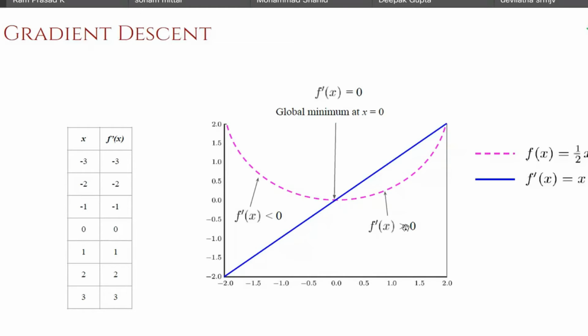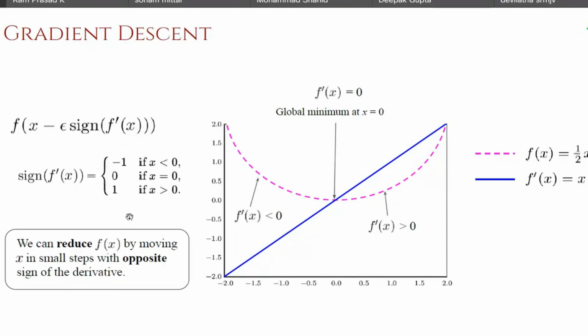Say, for example, you randomly picked a point and it happened to be a positive slope. If it was 1.0, then it would give a positive slope. A positive slope means if you increase x, output will increase. If you decrease x, output will decrease. So here, if you have a positive slope, you keep on decreasing until your first derivative becomes 0 and you hit the optimal value, which minimizes your original function. And this procedure is referred to as gradient descent.